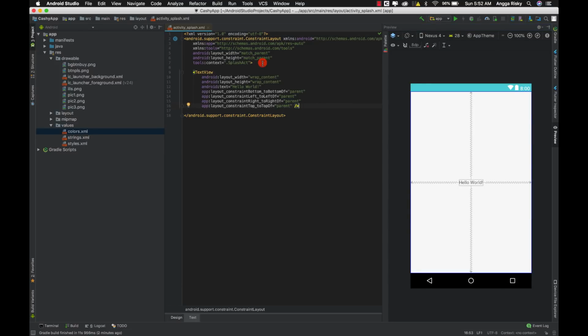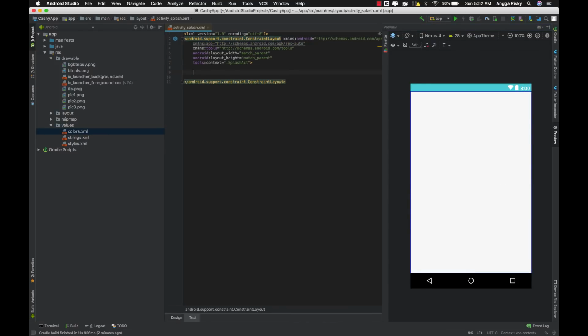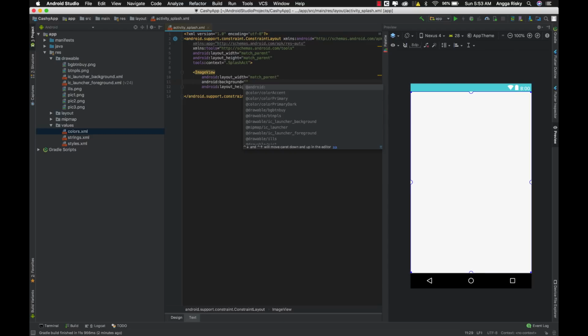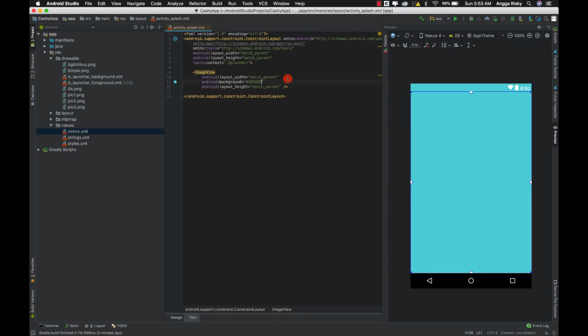And I don't need this one in the splash screen, of course, and I just need to make the image view. So this is supposed to be match parent and match parent, and then we have to give the background, which is the same color like this, and we have to give the ID, which is FV splash, image view splash. Okay,